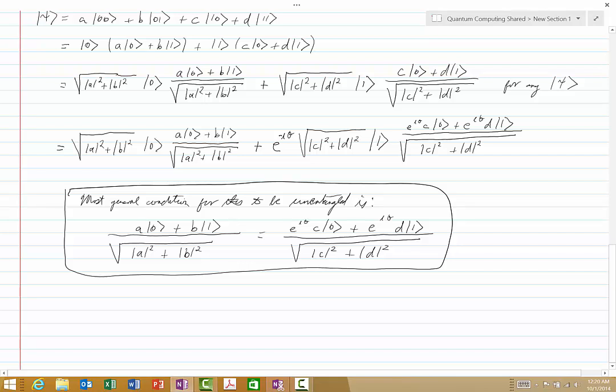Now, I want to label this last expression for C. I'll label that equation as star. And now I want to start over with the initial expression for C